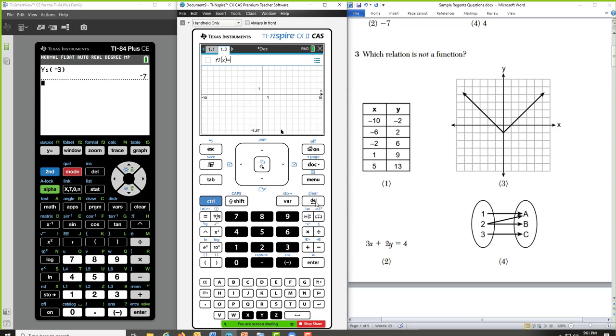But if I delete the equal sign, number 6, relation, if you have students who struggle with solving an equation for y, I can now type in 3x plus 2y equals 4.